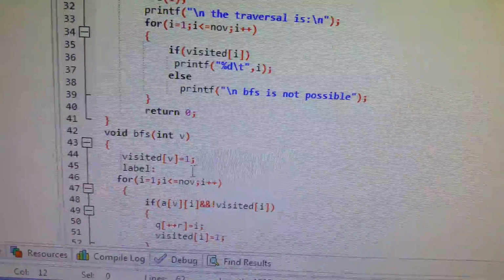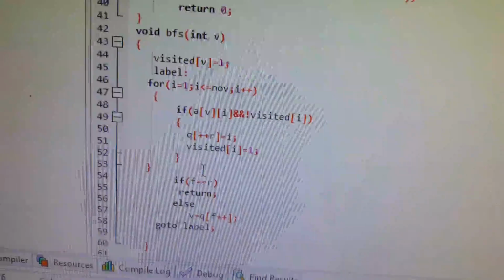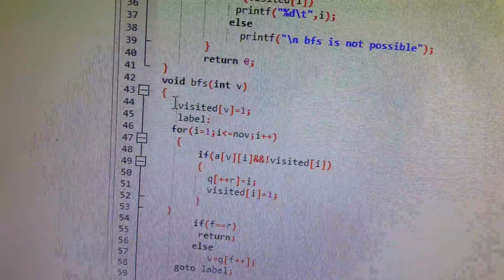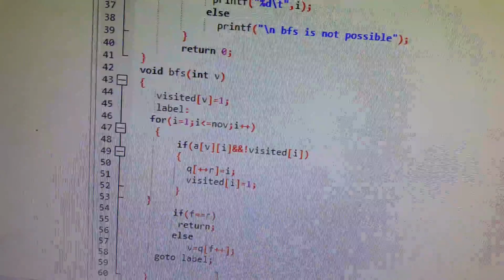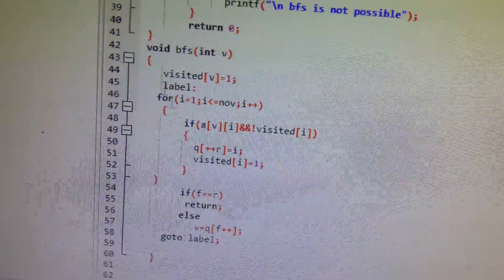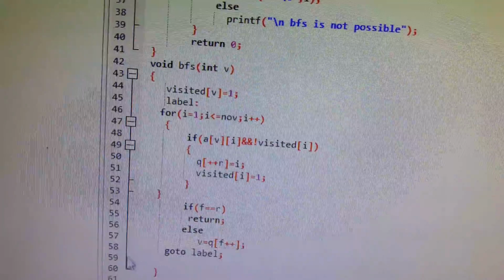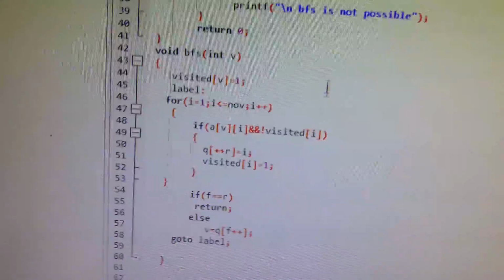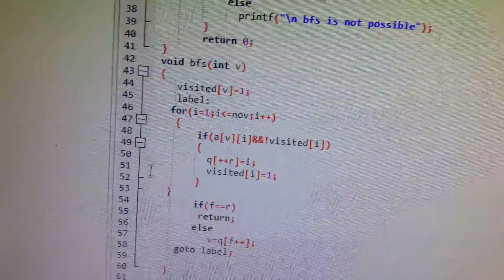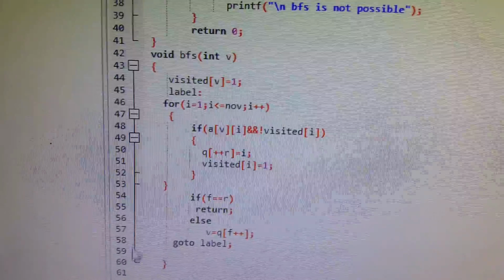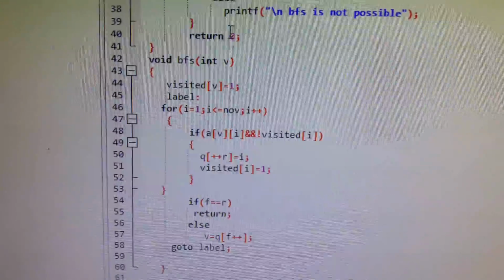Now the control will come to the BFS function. The algorithm of the BFS function has already been described, and the diagram has been shown to you. Now you are requested to check or relate my C program along with my algorithm.